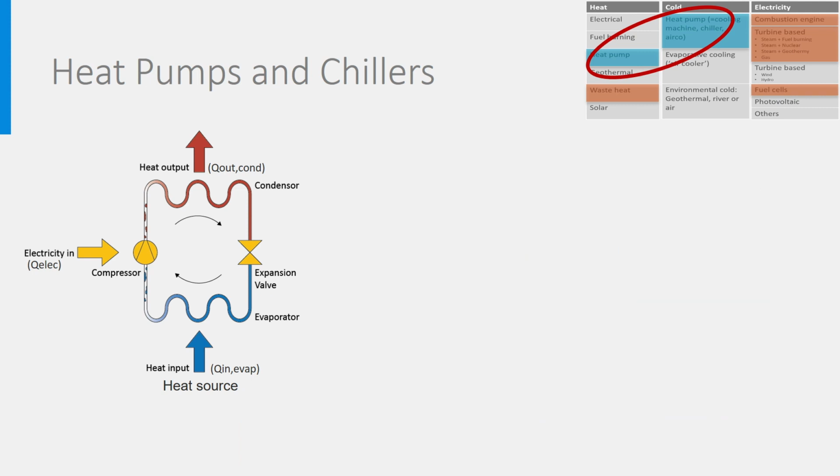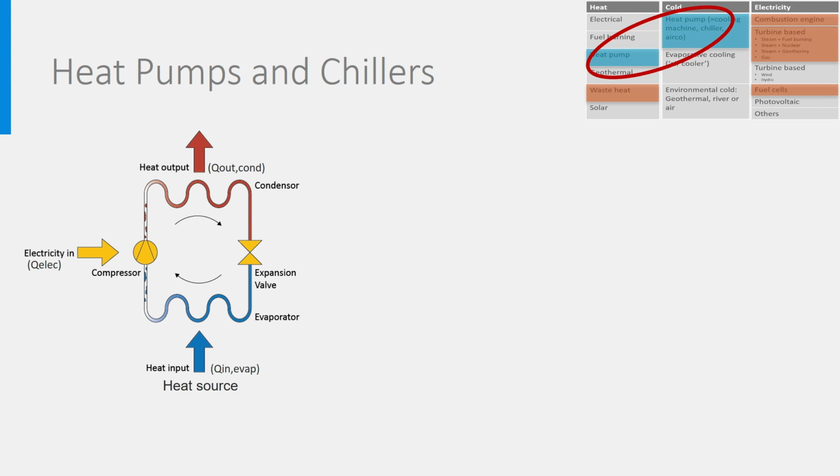Heat pumps and chillers use environmental heat and also electricity. So, they can be classified as electrical systems as well, but much more efficient ones than the simple electrical resistance-based systems we have just described. A heat pump working in cooling mode is called a chiller. Air conditioners and refrigerators are chillers.